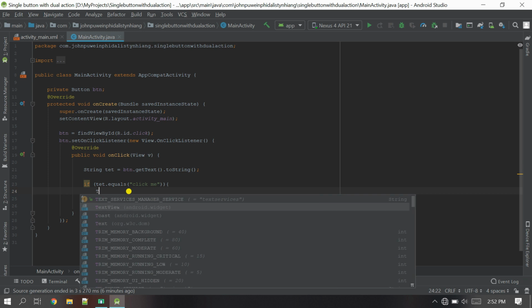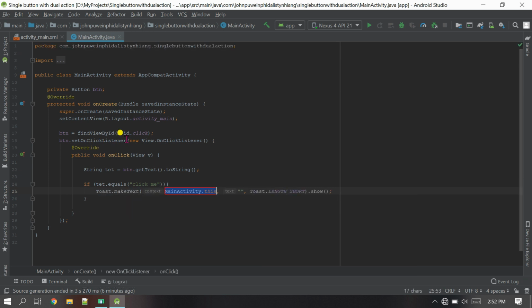I'm going to show it with a Toast, Toast dot makeText dot getApplicationContext. Then the text will be first method is called. Okay. So if the text in the button or the name of the button is Click Me, then this method will be called. And at the same time you have to change the text of the button. I will tell you later why. Now if the button name is Click Me, then perform this first method, or else